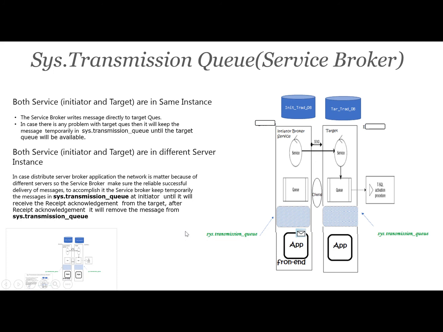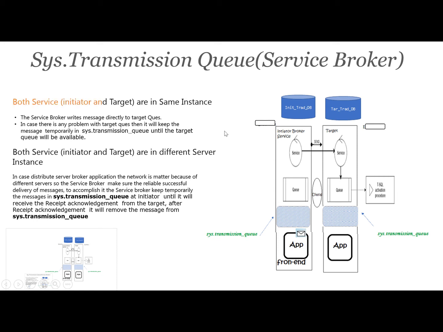This is the SQL Server Service Broker module, and in this video we will discuss the sys.transmission_queue. We will see what the transmission queue is and in which scenarios the Service Broker will use this transmission queue. In the previous videos we have seen the different scenarios for the Service Broker services,